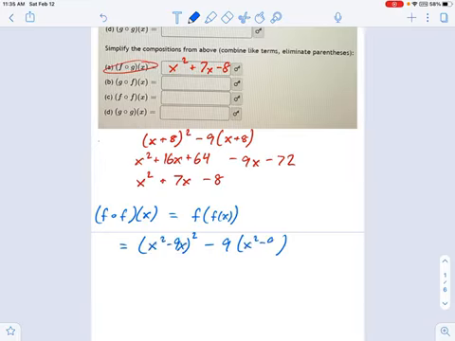So x squared minus 9x, and x squared minus 9x. Now there's going to be some simplification to work through, like normal, but in the top portion of this problem, you could just put this as your answer. In the bottom portion, I would want you to break open those parentheses, gather like terms, do all the foiling, etc.